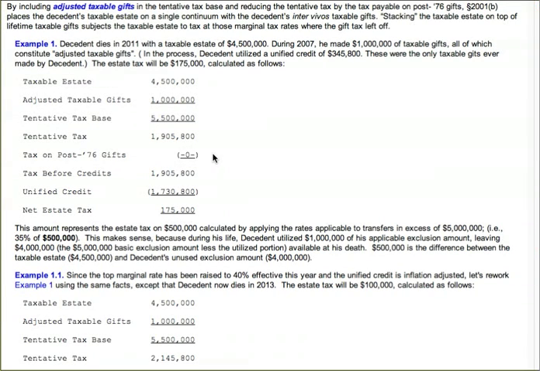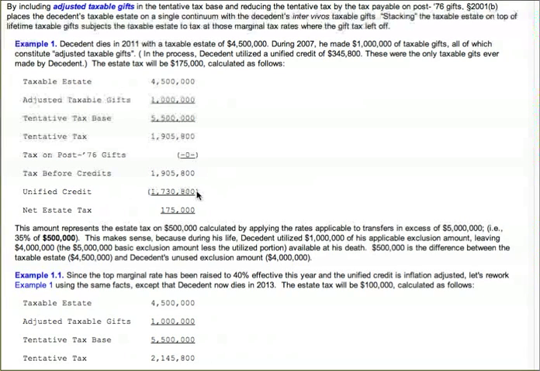So if you were to file that gift tax return that would have been filed on this $1 million gifted in 2007, on the Form 709, it would have shown total taxable gifts of $1 million, and then from that amount it would have subtracted the $1 million. Well, let's put it another way. What it would have shown is basically a tax relating to that $1 million gifted amount of $330,800 and an applicable unified credit of $330,800. And so therefore there would be no gift tax, but there would be a gift tax return filed. Subtracting this 0 from the 1,905,800, and of course we get tax before credits of